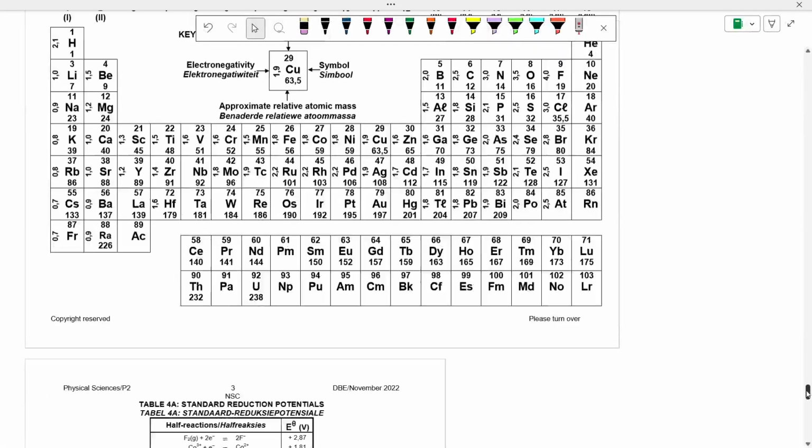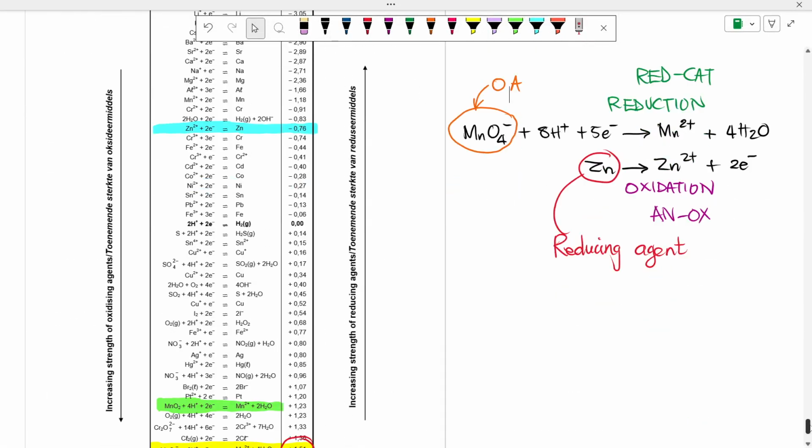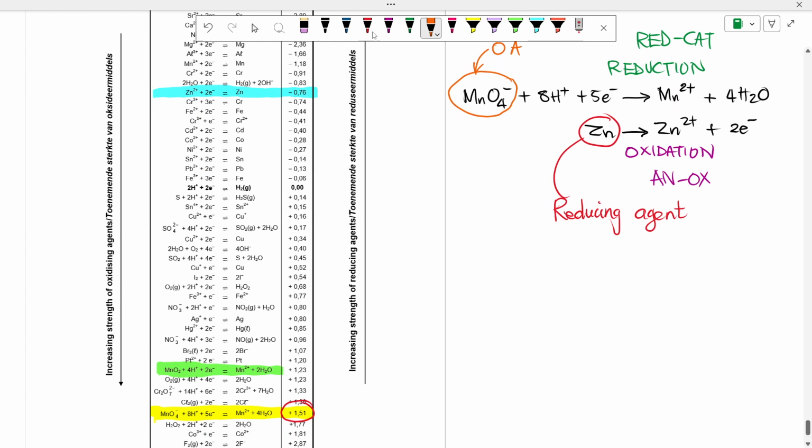That's a good one, and yes, it is correct. So we're going to look at these ions, zinc 2 plus and permanganate ions, and we see that the permanganates, if you look at this side here, the arrow that is facing down,